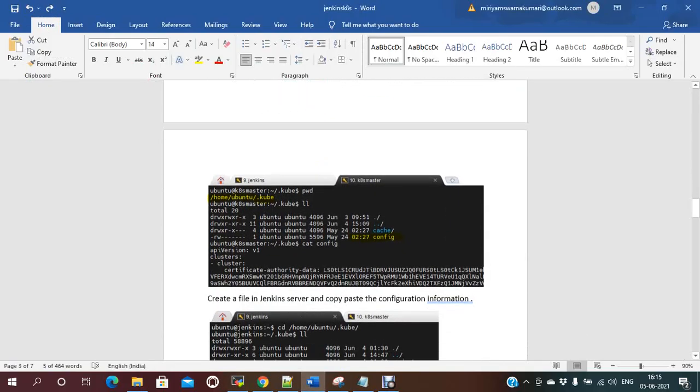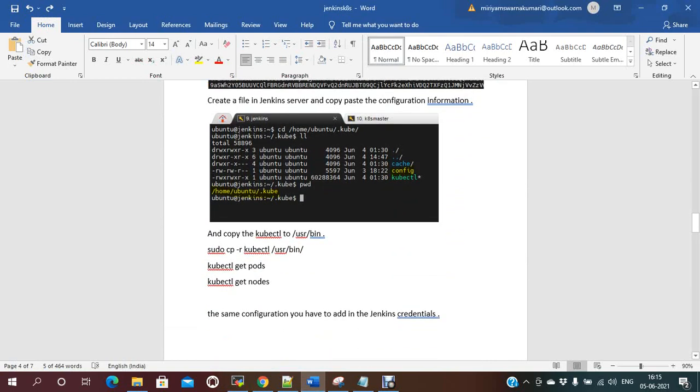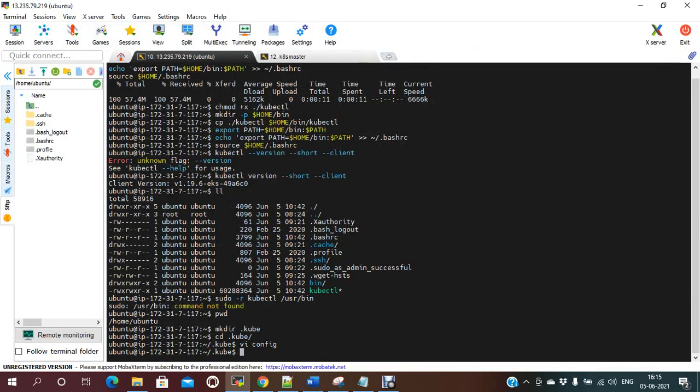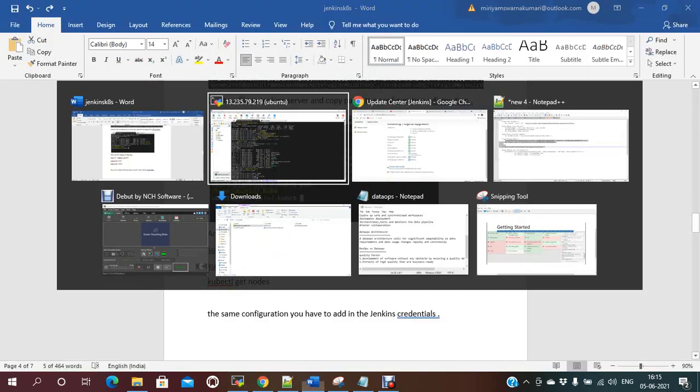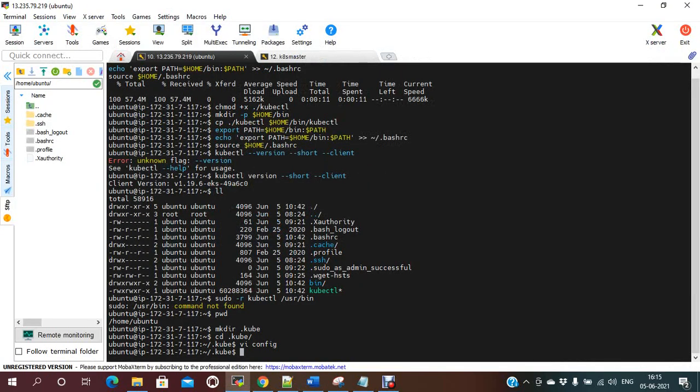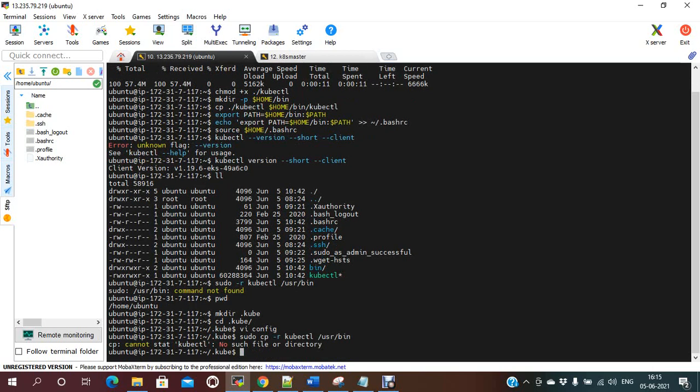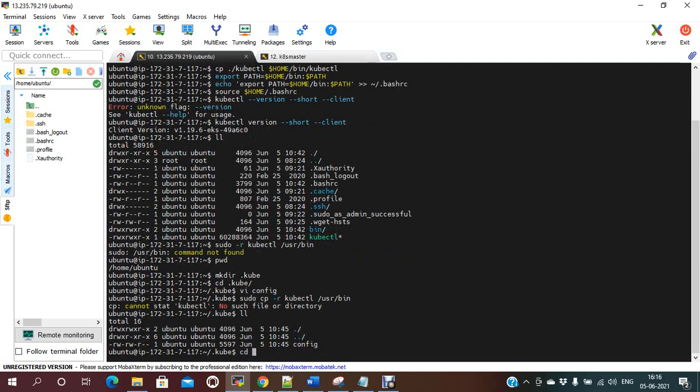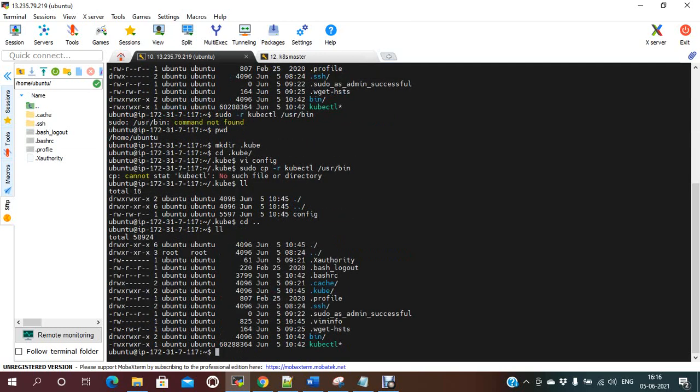So once that is done, sorry, you need to copy this one instead. I didn't do that one, right? Sudo cp kubectl, not in this path. You need to come back. So here you need to run that command.